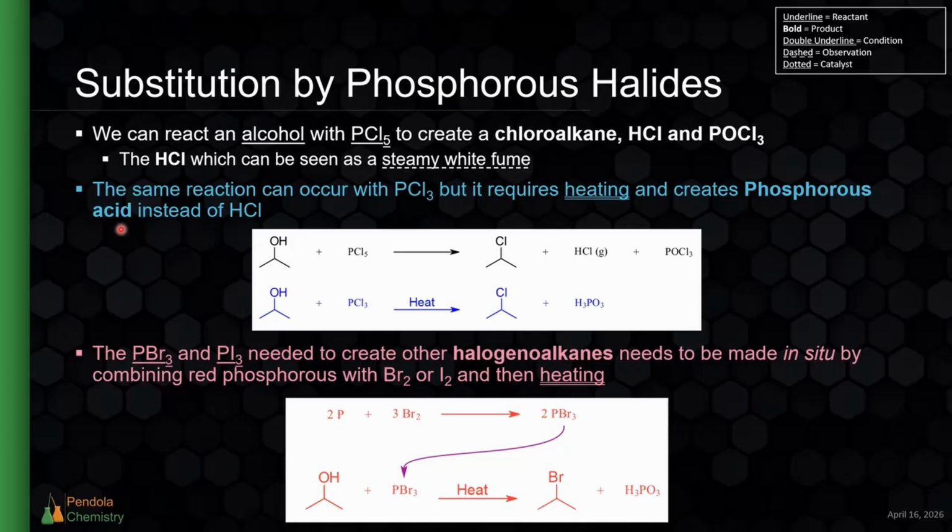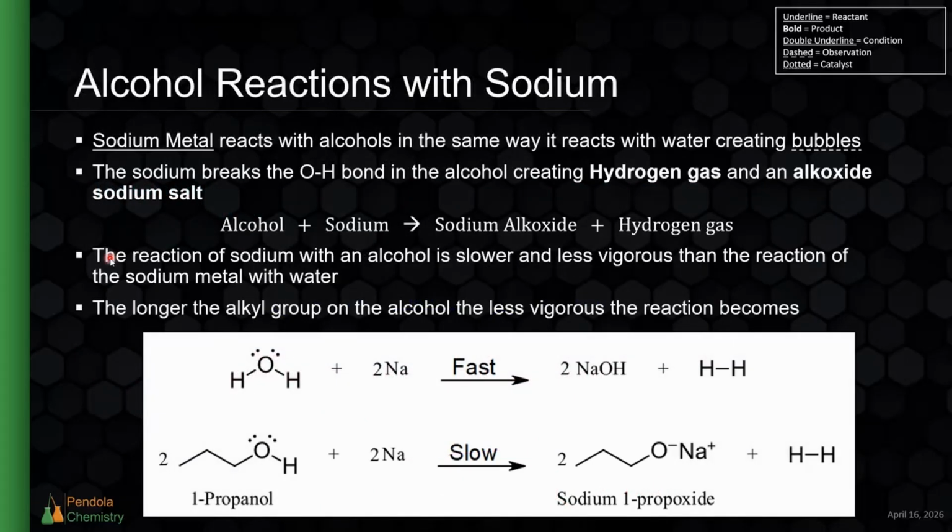So that's another way of making halogenoalkanes, more specifically chloroalkanes, but also a few other ones, from alcohols. Now, like we saw in section 1, alcohols are also going to act like acids. And just like any other acid, because they act like acids and can lose a hydrogen,